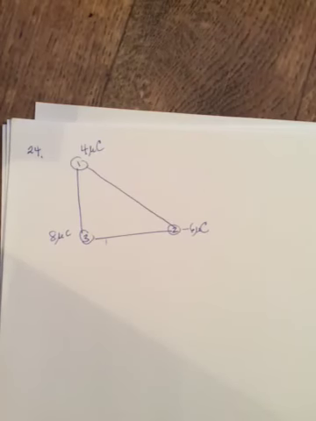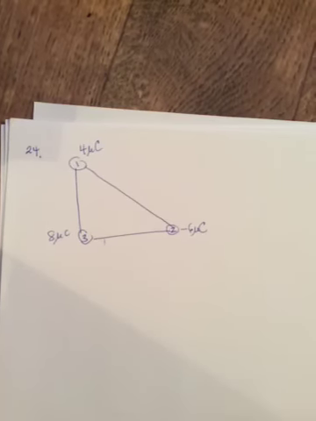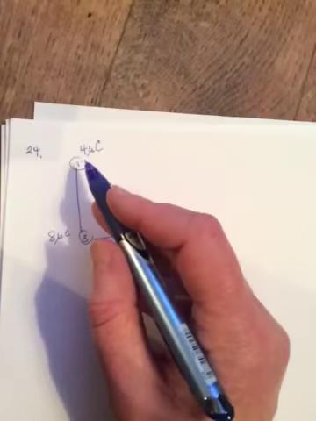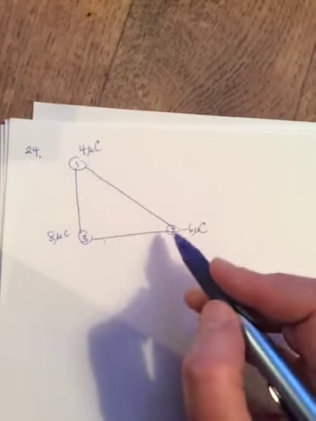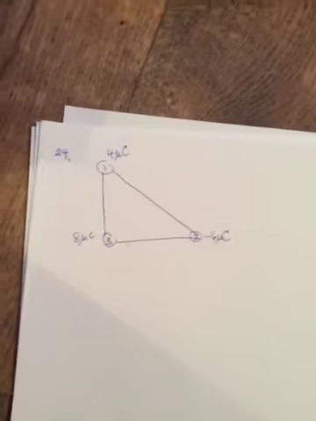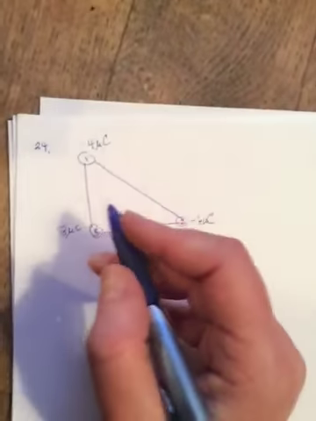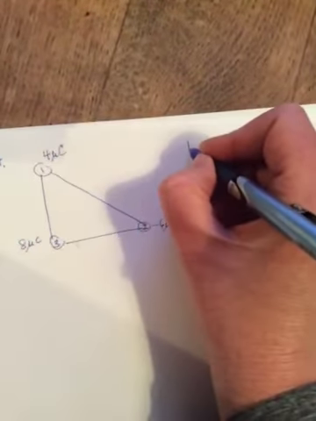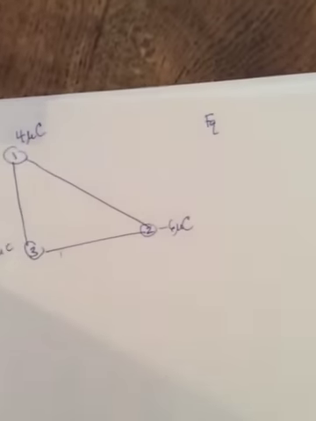Okay, so back to number 24. Part A wants to know what is the force experienced by the 4 microcoulomb charge. So I numbered them the way they were listed in the question. So I made the 4 my number 1. So the first step then in A is looking for FQ12,